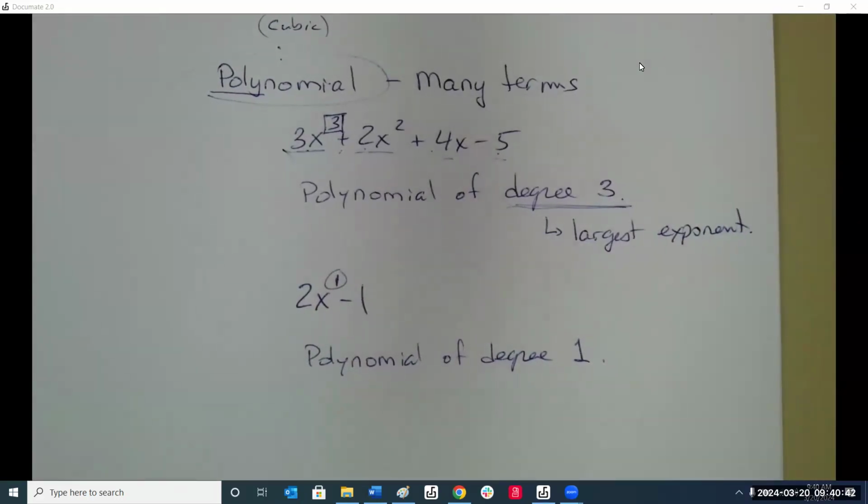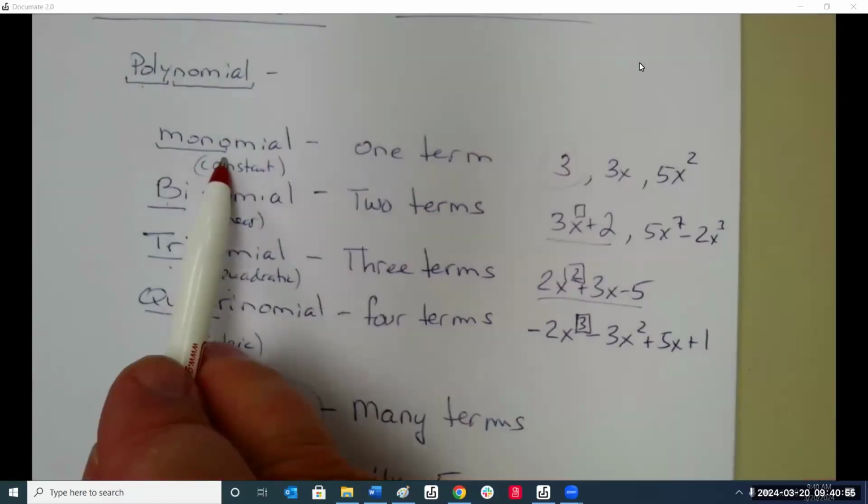All right, so whenever we say polynomial, that's what we talk about, is how many terms we have in there. Now you see why this is going to be the most difficult chapter, because up until now,